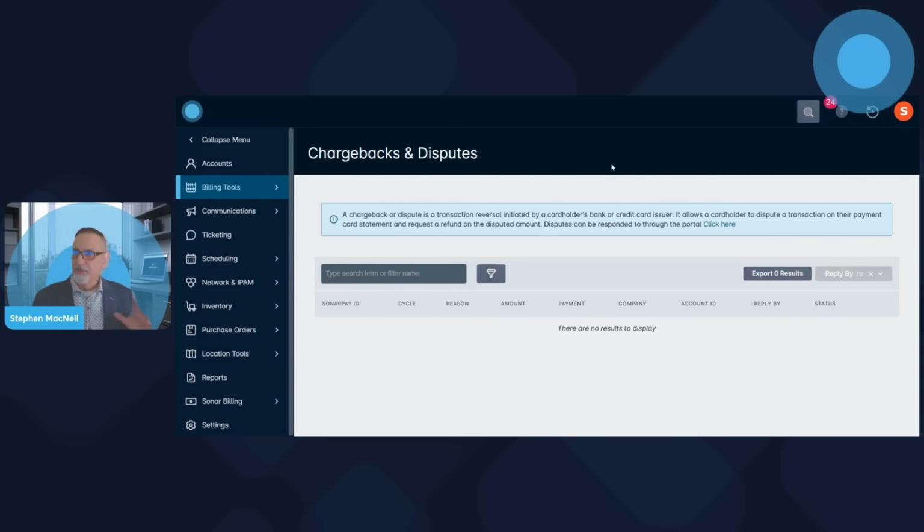So those are the components I wanted to give you from a sonarPay single pane of glass, or Sonar proper instance, single pane of glass. Now I want to pivot to the actual payment portal, because with sonarPay, you get a back-end processor environment, which many of you may be accustomed to, especially those using authorize.net or Stripe.